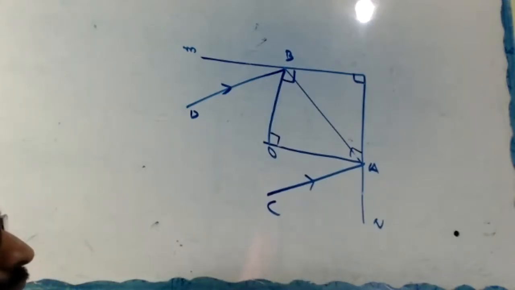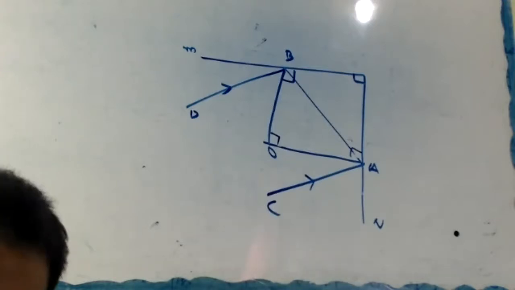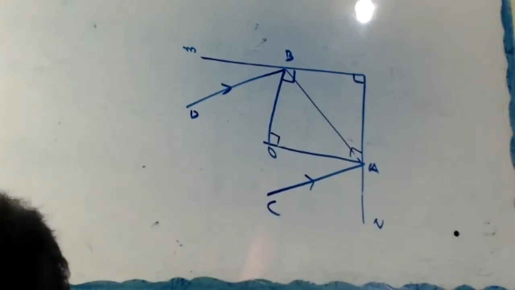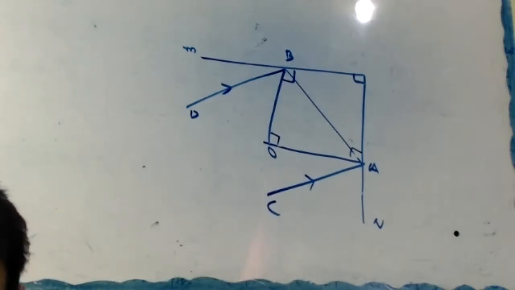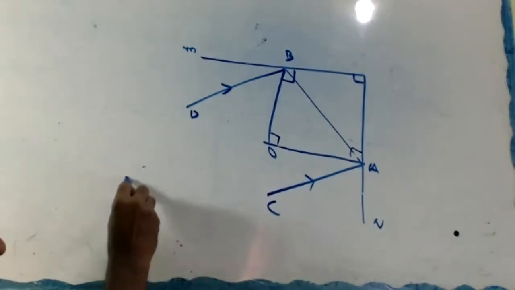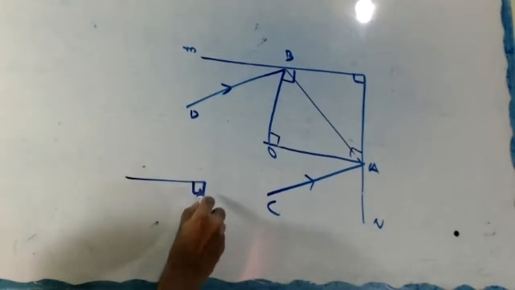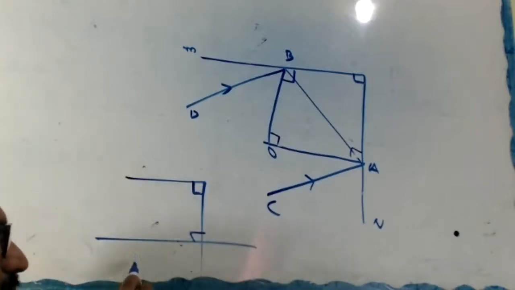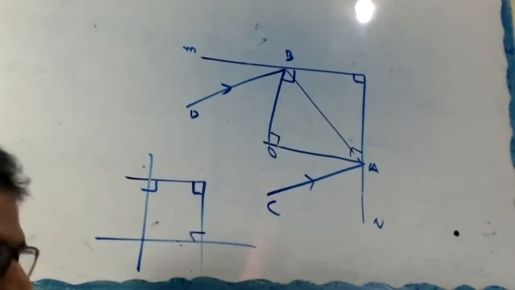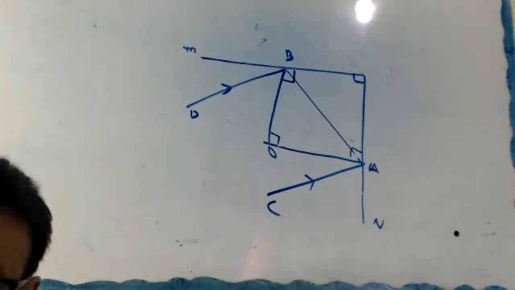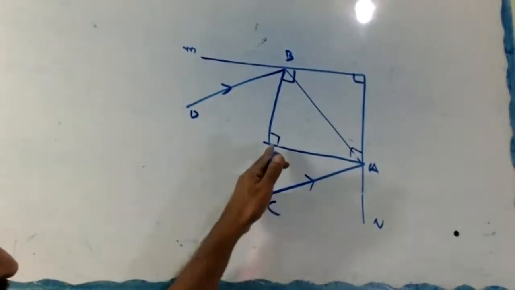Or we can say, maybe you can understand what I'm saying: perpendiculars to the perpendicular lines are also perpendicular. Look, suppose this angle is perpendicular. When you draw a perpendicular, this angle is perpendicular. When you draw a perpendicular, this is also perpendicular. Perpendiculars to the perpendicular lines are also perpendicular. So no need to specify that. I'll give the note. Don't write now. So we got this angle 90.